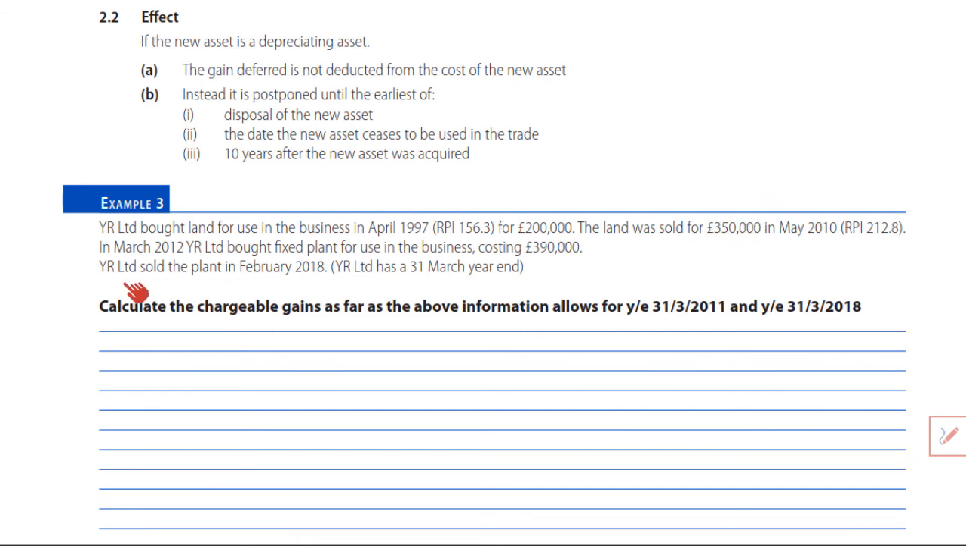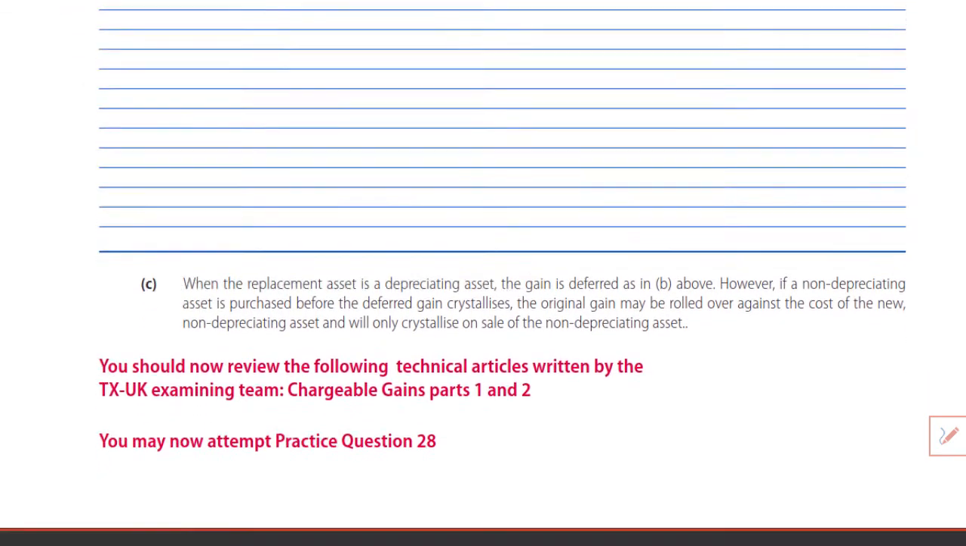What then happens? YR Limited sold the plant in February 18. When did they acquire that plant? March 2012, bought fixed plant. This is a disposal within 10 years, thus crystallising the earlier deferred gain. That, therefore, is what you're then going to have to work out. If you have a go at those,